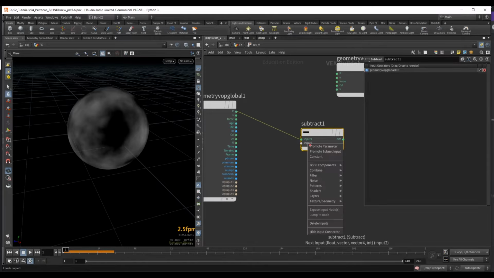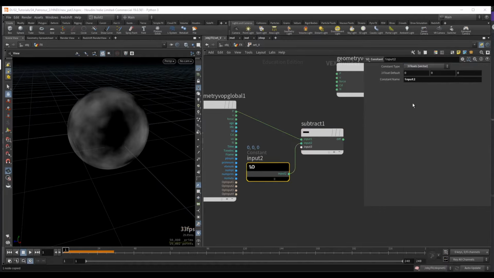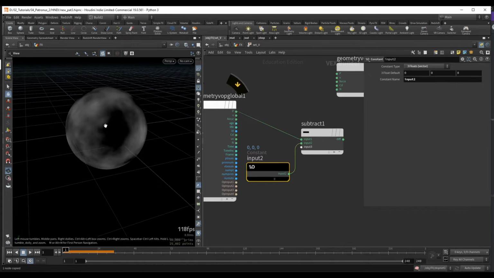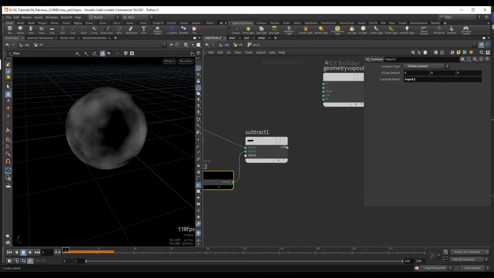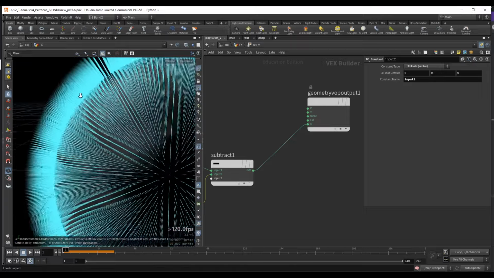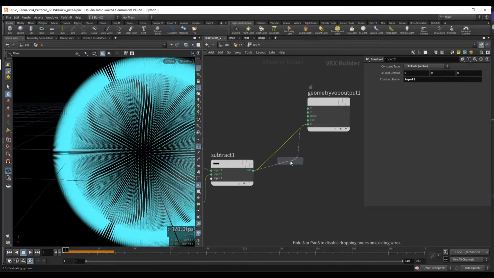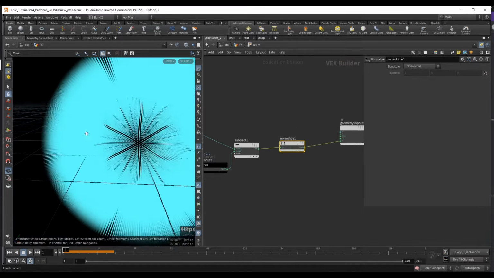So for this input 2 here, I will set this to be a constant, and we will set this to be 3 floats, and I'll leave this as a vector that's 0, 0, 0. So this will be a vector that's right in the center of our scene. So let's preview this by using the normals, just because it's easier to visualize this with the normals a little bit better. So if I turn on the normals, we can see that this is the vector. Let's also make sure that this is normalized, and I'll just place down a normalize here,